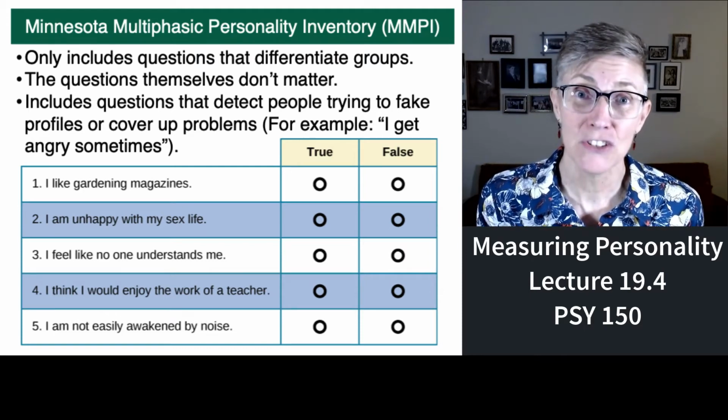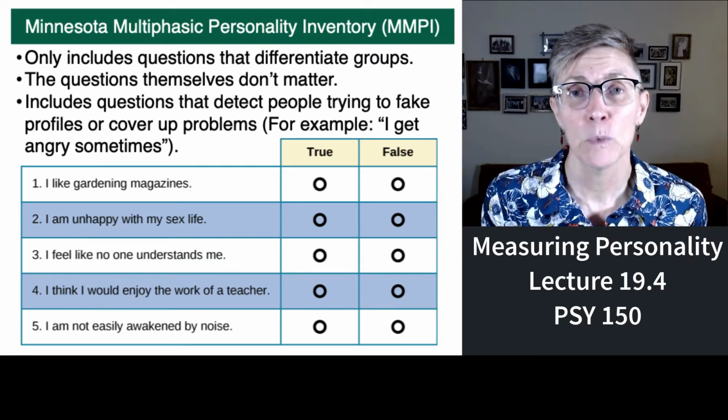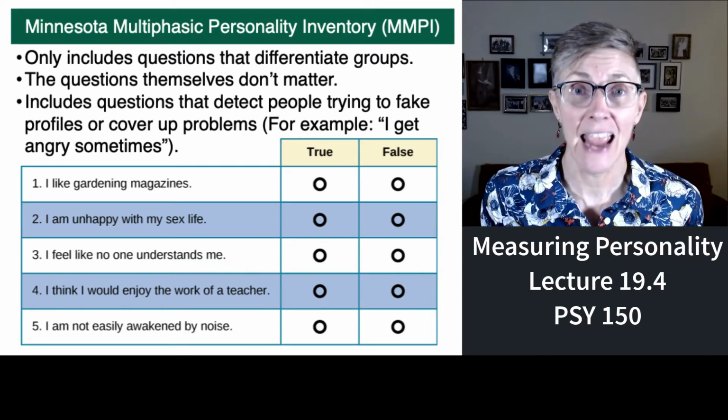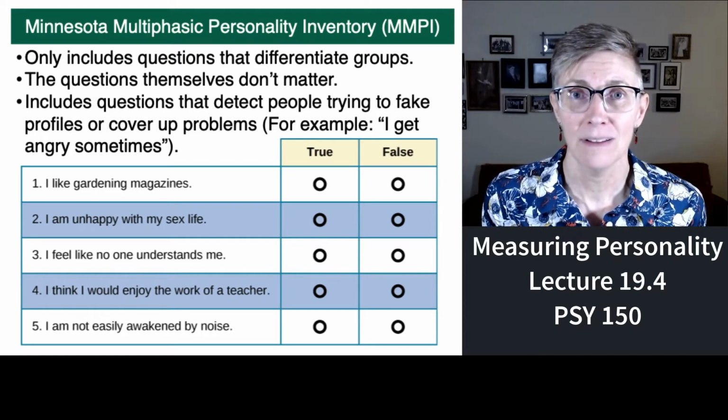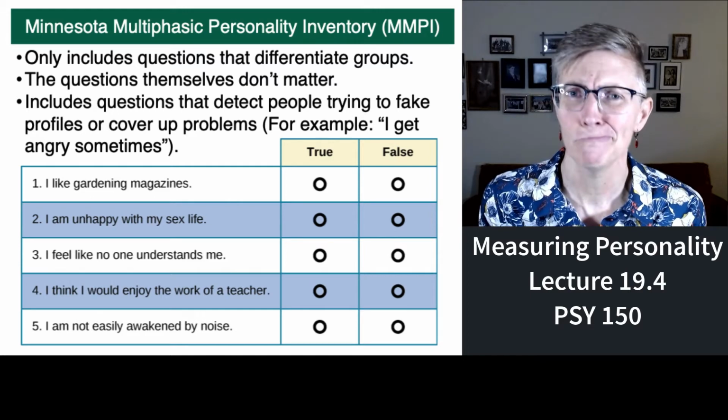Some of the questions used in the MMPI to catch people who are trying to fake a mental illness would be a statement like, I get angry sometimes. Well, everybody gets angry sometimes. So people who say that's false,